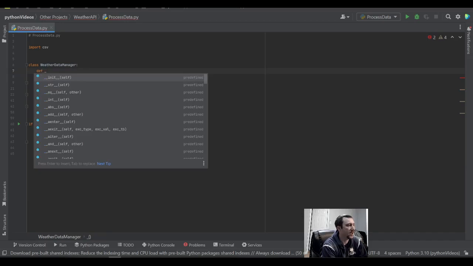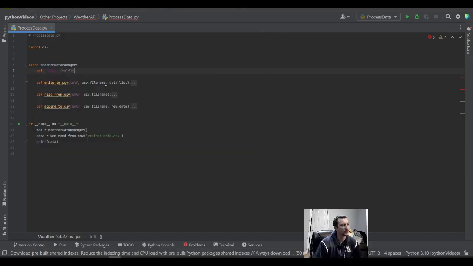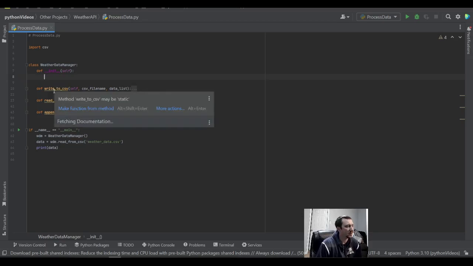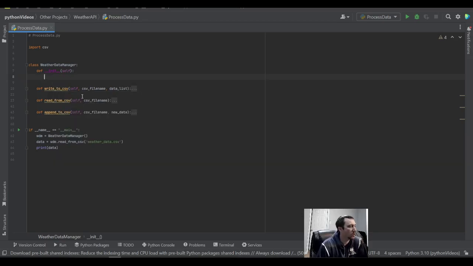So that's define init, and you can see it's already predefined by Python here. All I did was put in an underscore. It's ready to autocomplete here, the first option, because it's the most used and it's sort of required. You really don't want to do much object-oriented programming without a constructor. And you'll see that some of the errors that I have here begin to go away once we start using